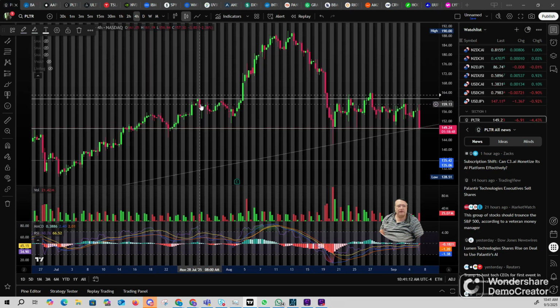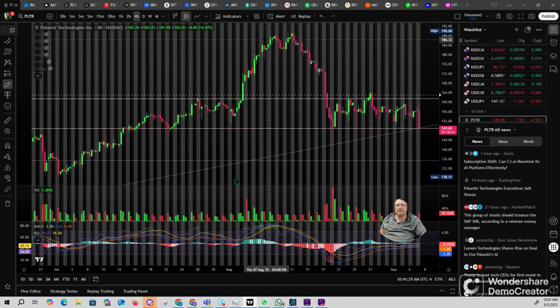Now trading at 149.24. If you take a look at a 4 hour, it's very interesting. I don't mean to bring this up, but since I am, might as well. I'm just gonna show you something that I noticed, right at the high. You have one top, you have two tops,